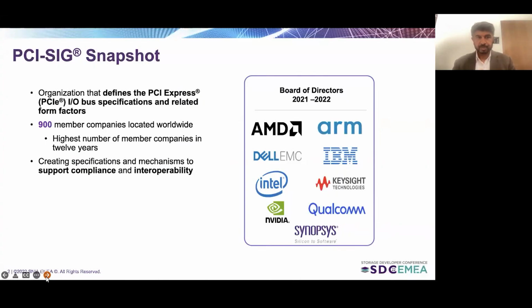A quick snapshot of PCIe SIG. This is an organization that defines the PCI Express I/O bus specifications and related form factors. It currently has 900 member companies worldwide, and this is the highest number of member companies in the last 12 years. It creates specifications and mechanisms to support compliance and interoperability. The board of directors for 2021-22 reads as the who's who of the industry: AMD, ARM, Dell, IBM, Intel, Keysight,